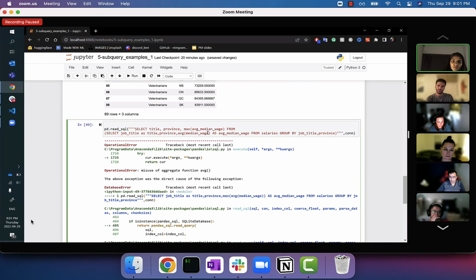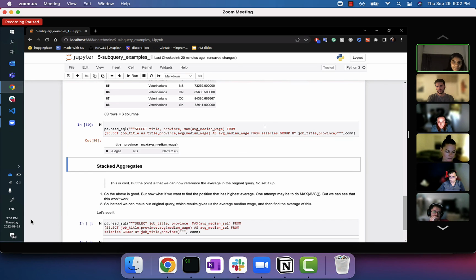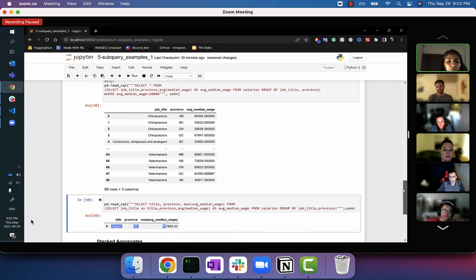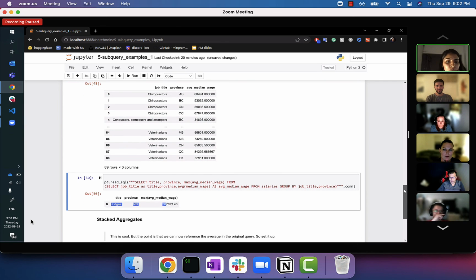And I just did a from on the result. Select these 3 from the result of this. And this is a subquery. So we see that judges are getting paid the most, and that's happening in New Brunswick, which we wouldn't have been able to do if we just used one query.